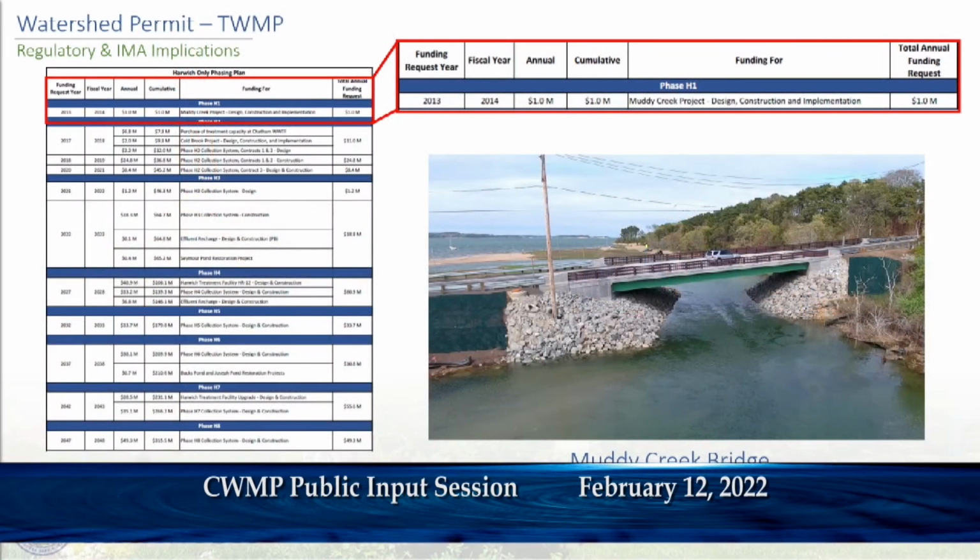Moving on, the table on the left here is what everyone who's been following along for the past several years is likely familiar seeing. This is the old phasing plan and financial cost model that was in the original CWMP. What we're hoping to have at the end of the CWMP revision process is new maps with a new phasing and new cost modeling.